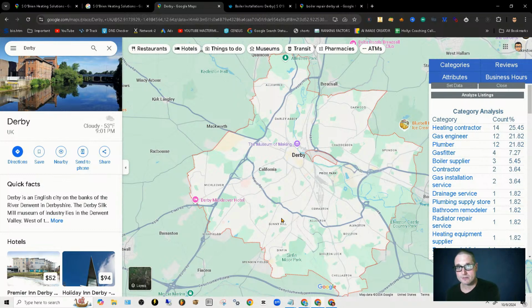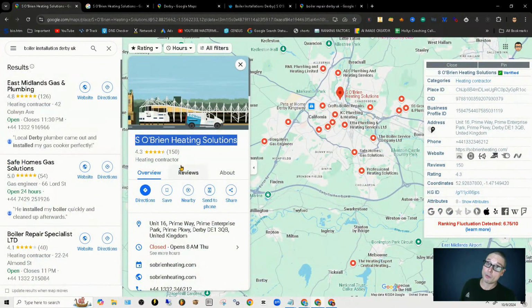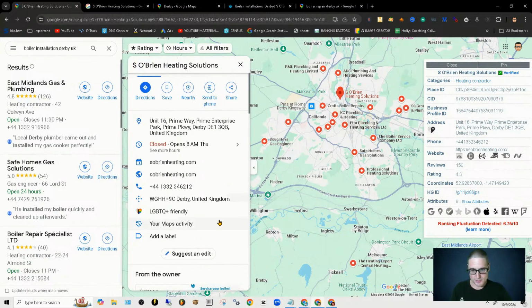those services. I'm not going to geo-modify the search. I'm going to be searching from McOver, searching for boiler installation. And when I go through maps or organic, who am I going to click? I'm going to click on my guy here, O'Brien. But then there's one last piece that you have to make sure of. And this is one that him and I spoke about. I noticed inside of here,